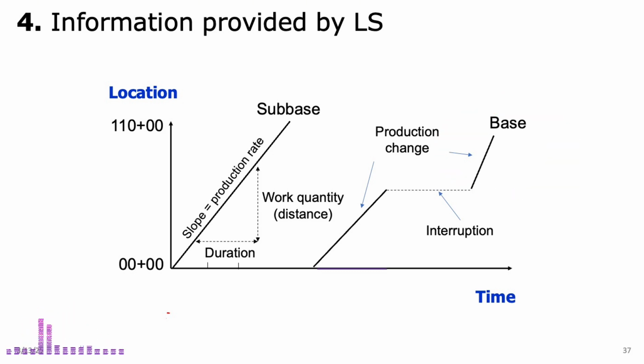Or, a sudden flattening or a gap in the line, like this period, will indicate a work interruption. If the distance doesn't change over that period, it means no progress was made. By analyzing these slopes, you can spot issues early, such as slowdowns or interruptions. As a project manager, this information helps you identify problems and take action to keep the project on track and